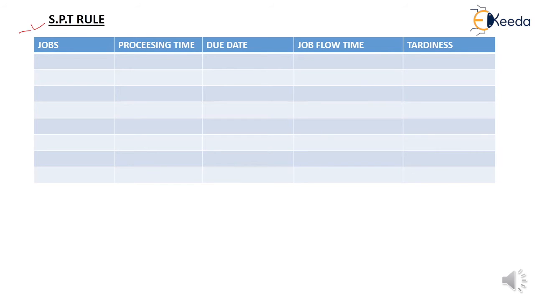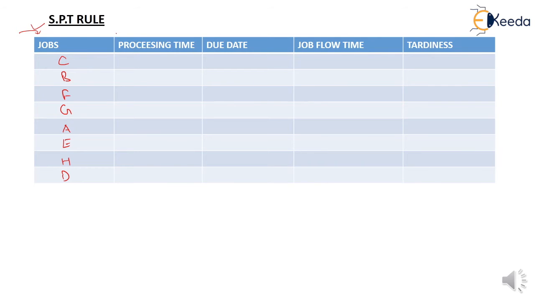In the previous slide, we determined the sequencing of jobs according to the SPT rule. So in this table, put the sequencing of jobs by SPT rule. So arrange this. C job is first, second is B, third one is F, fourth G, fifth one is A, sixth one is E, seventh one H, and last one is D.